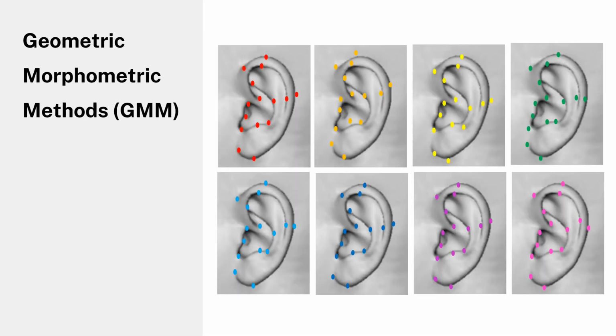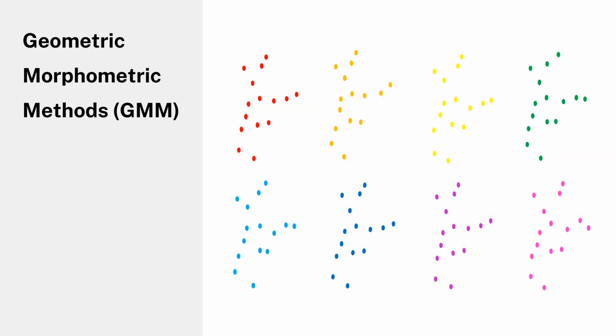Geometric morphometric methods use mean shapes of structures, patterns of variation, and group differences in shapes formed by these anatomical landmarks. The shape of an object is determined by its geometric properties, which are preserved in the landmark coordinates. These coordinates are thus invariant to change in the orientation, position, or size of the object, allowing the shape of the biological structure to be distinguished. Through a process known as a generalized Procrustes analysis, the landmark data on each specimen can be superimposed, scaled, and rotated to create one mean or average shape of a structure.